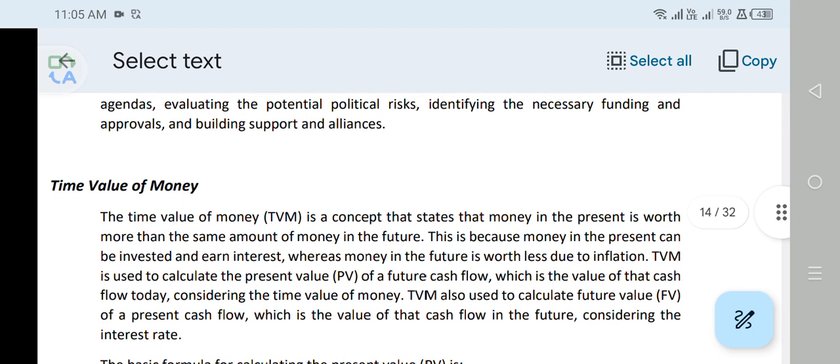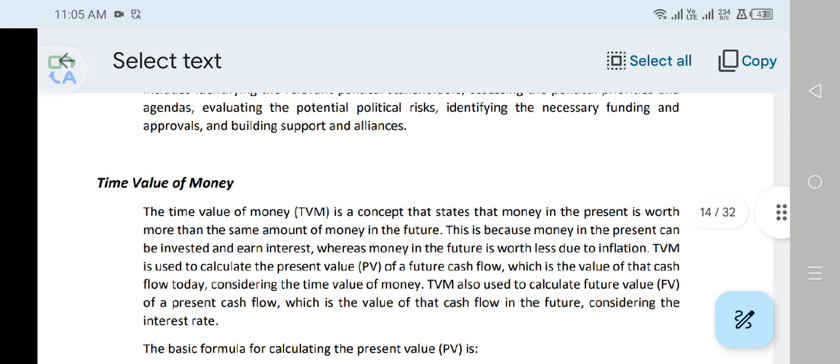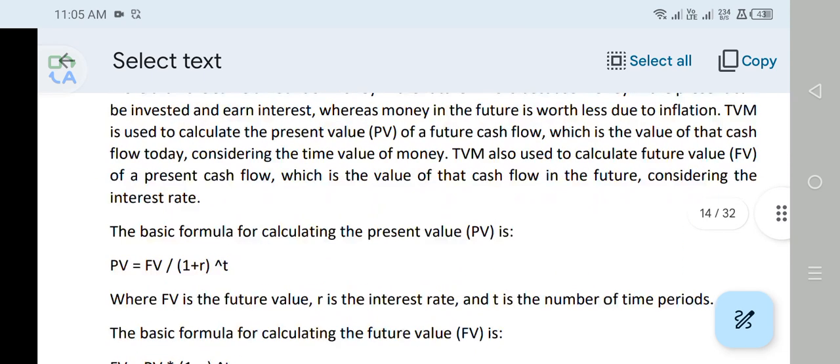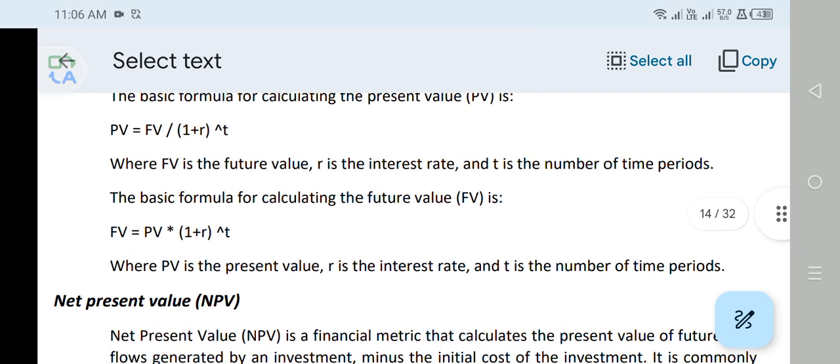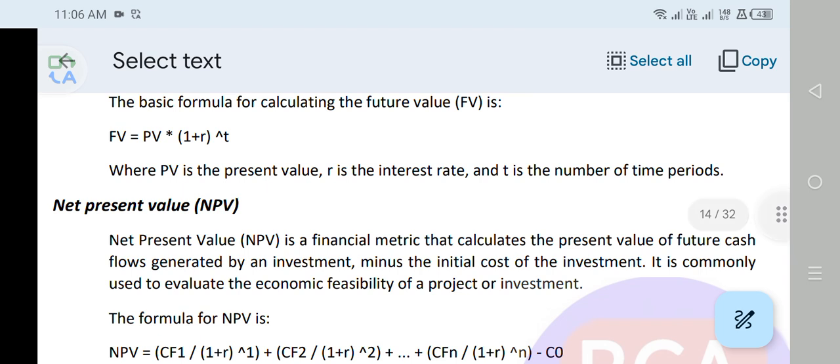Time value of money. The time value of money is the concept that money in the present is worth more than the same amount of money in the future. This is because money can earn returns over time. The basic formula for calculating the present value, PV, and the net present value